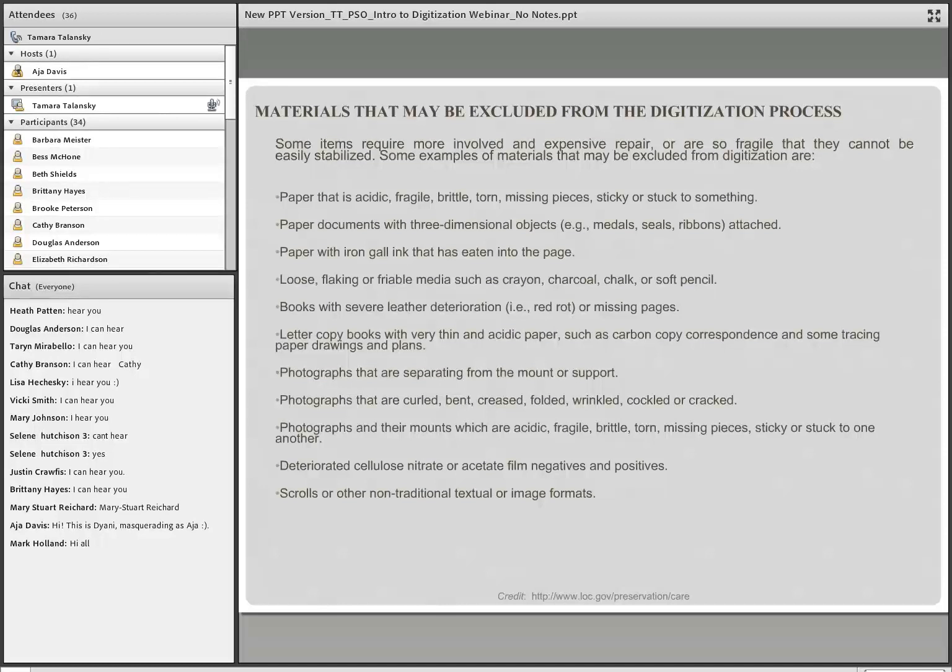So again, it's just a small list, but it's a great tool to have and to refer to later on.